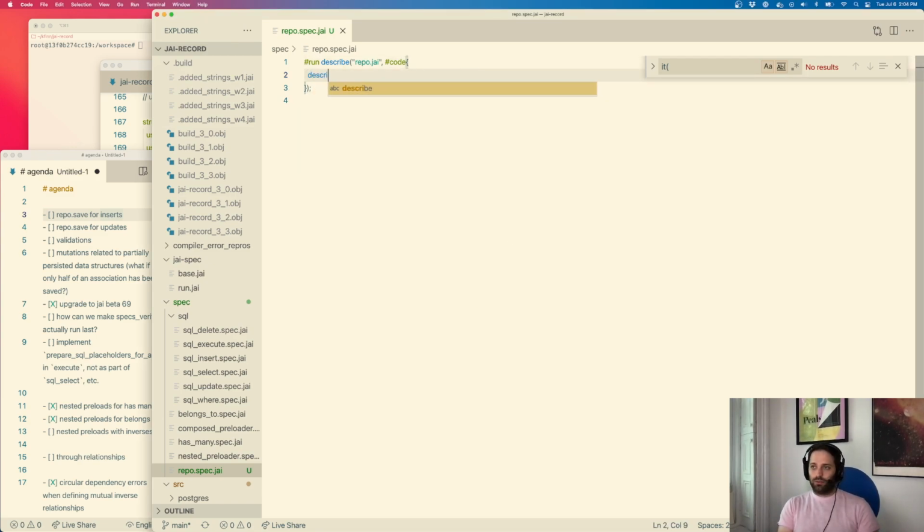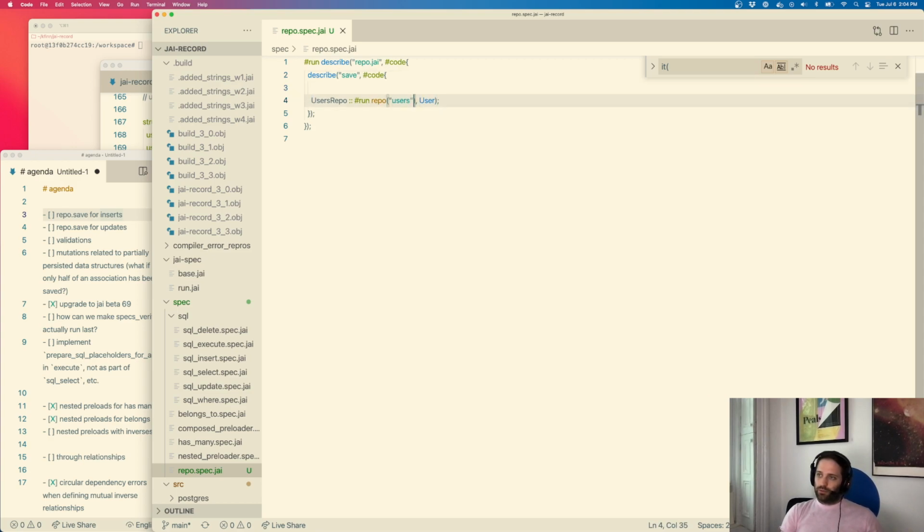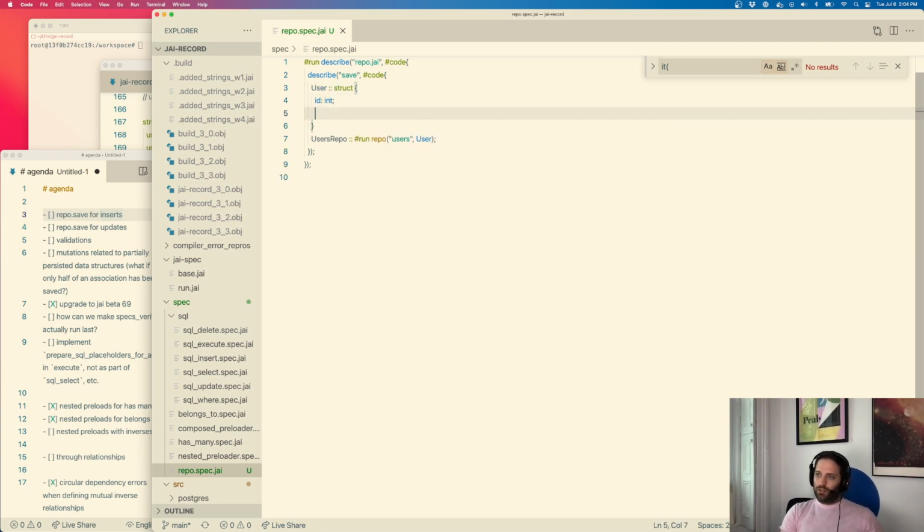Alright, let's describe save. And what do I want to do? Okay, users repo is getting repo users user. Gotta define some user struct. It's got an ID. It's got an email. I don't think we care about the other 2 fields on the table. Great. Okay. So now what I want to do is